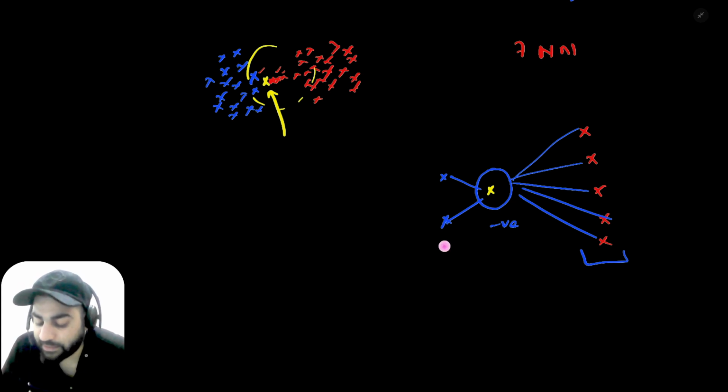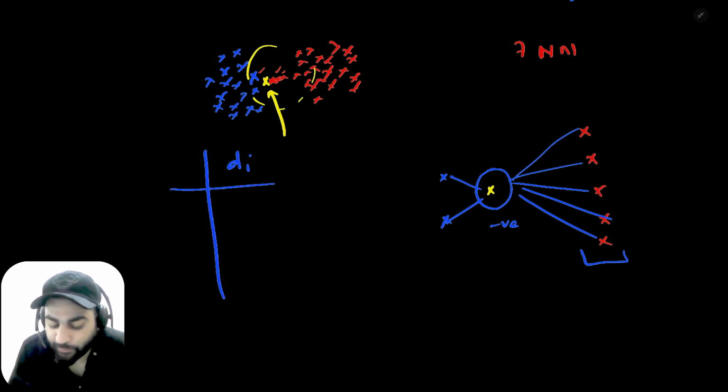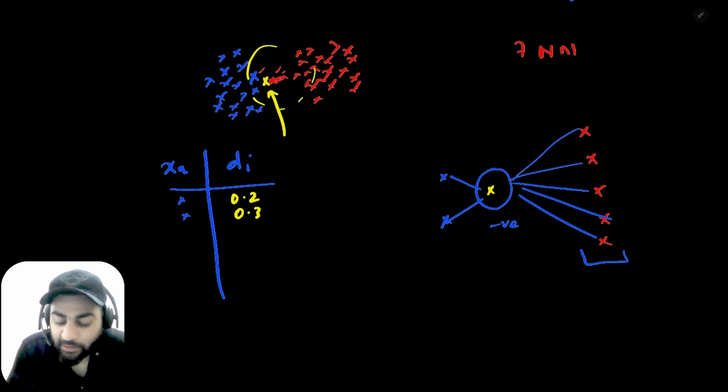There is, for example, a distance here that is very small. So if you compute d1, d2, d3, and let's suppose this is the distance di, and this is our query point xq. For the two blue points, we have this blue cross, blue cross. Let's suppose the distances are 0.2 and 0.3. Let's suppose we take, let's say, 5NN,